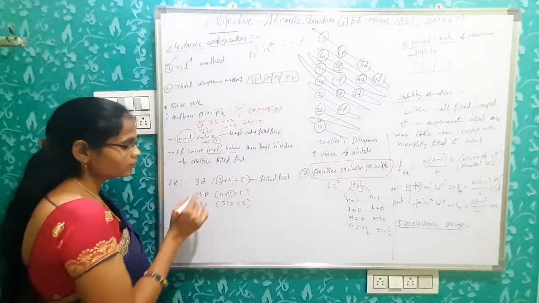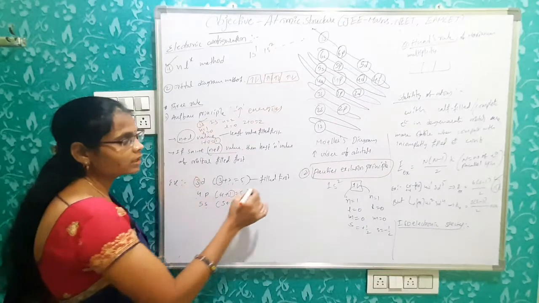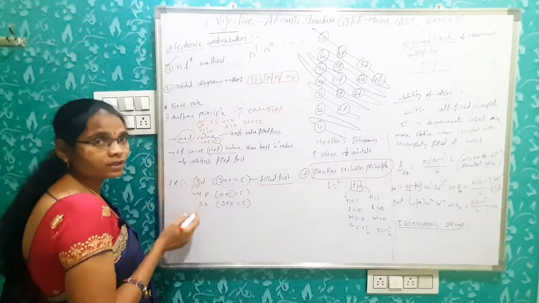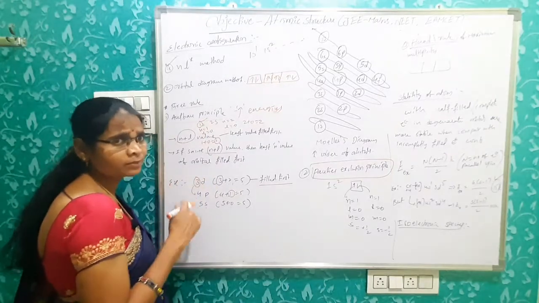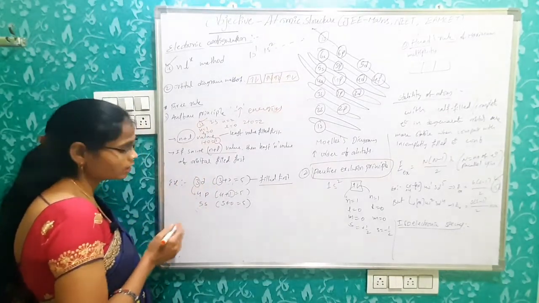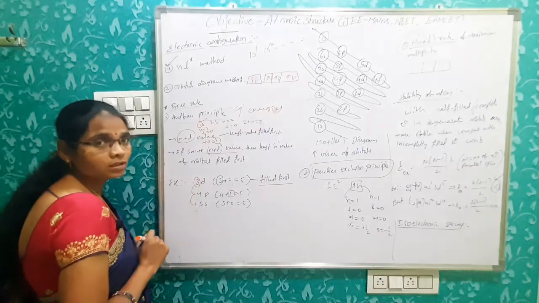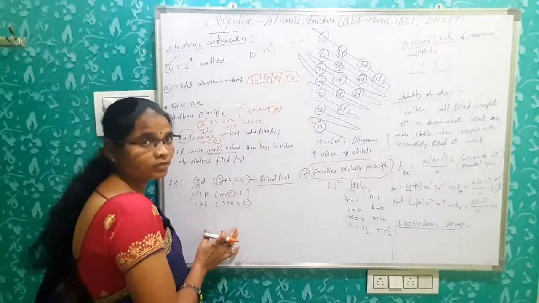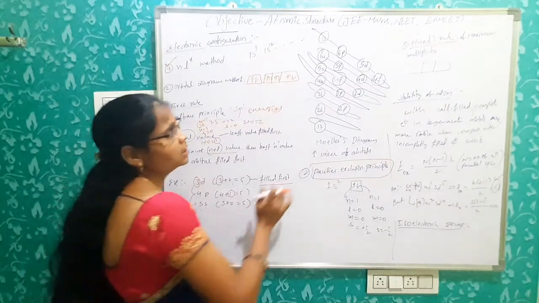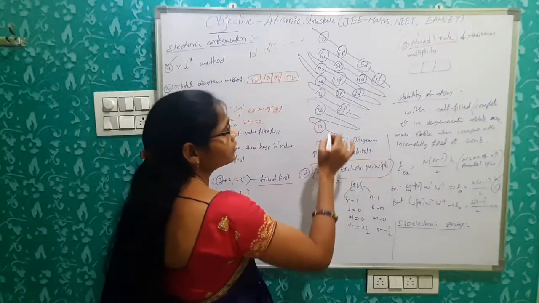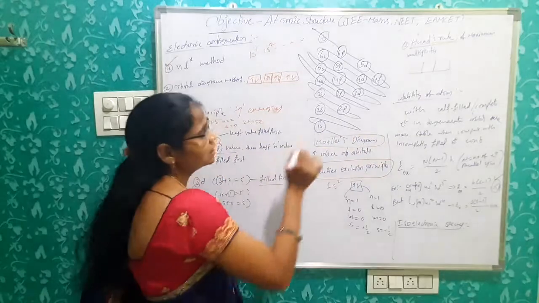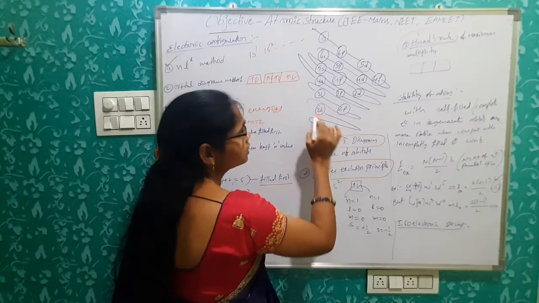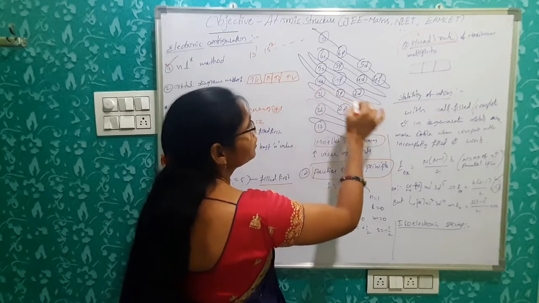So in these cases, the orbital with the least principal quantum number is filled first. Only then do electrons enter the next highest principal quantum number of that element. Next 5s. Clear? This increasing order of energy of orbitals can be remembered with the help of the Aufbau diagram. So the 1s orbital is filled first, then electrons enter the 2s, then 2p, 3s, 3p,